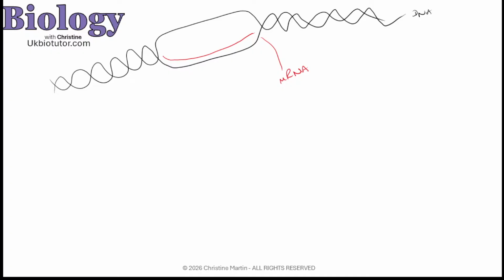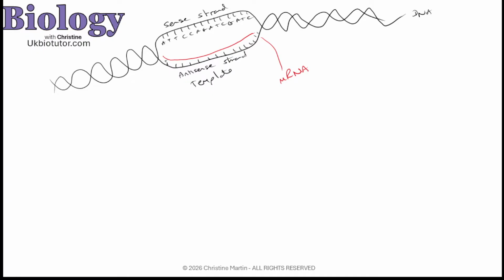mRNA. I need to do this a little bit slower so I'm not rushing. What we have is the antisense strand, which is the template strand on the DNA. We have the sense strand. Now, on my sense strand, if my code, and I'm just making this up by the way, were to go A, T, T, C, C, A, G, A, T, C, G, A, T, C, then I know my antisense strand is going to be the complementary.